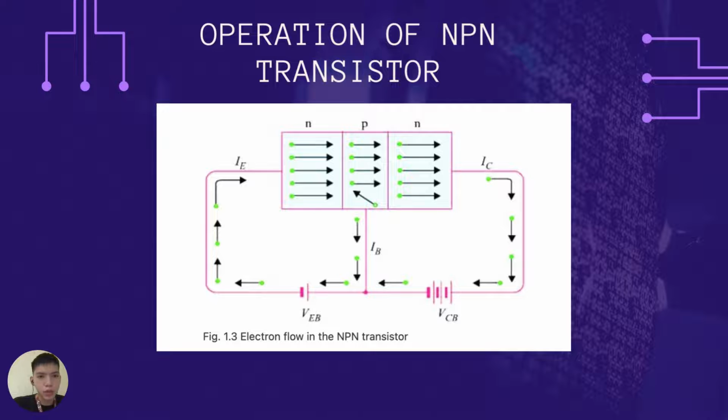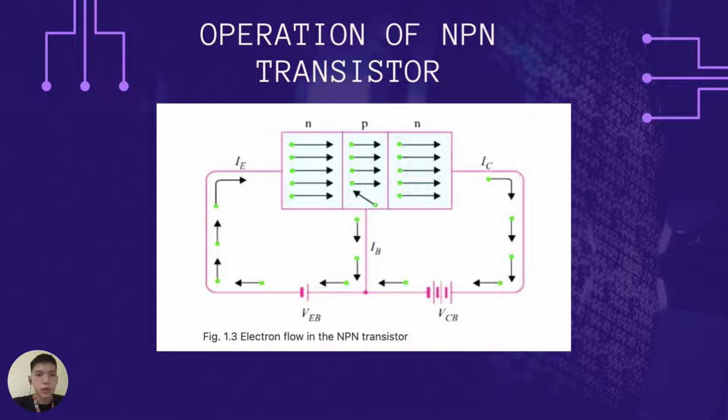imuhang electrons padung dito sa other side sa imong collector. Di siya maka-flow dito kung imo siya i-forward bias ang imong base to collector. So dapat ang imong pattern is reverse bias nimo siya kay para ang majority carrier nimo sa imong p-type material is dili siya maka-flow padung dito sa imong